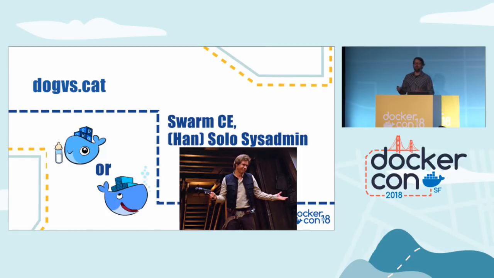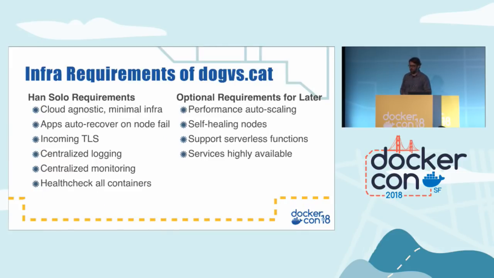So how many people in the room are basically the solo DevOps person? How many people here? All right, so 25%, 20%. So there's a lot of us like that. Even if it's just your hobby project, you now are elected as the DevOps person where you have to build out servers. So basically, if you were running this little startup business, right, dog versus .cat,